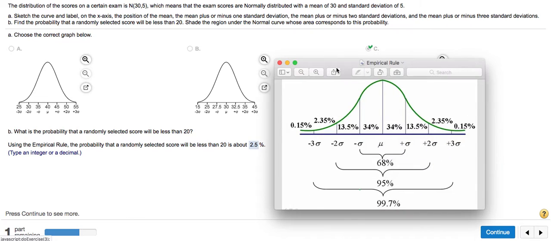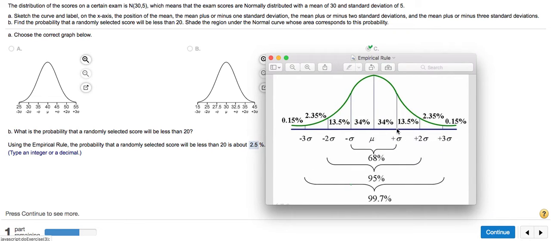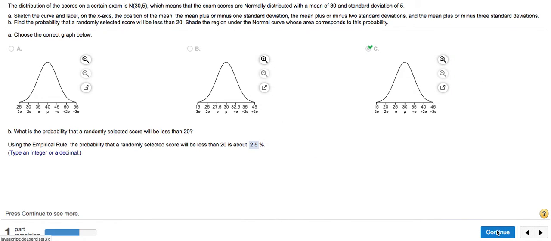So, this question could be phrased differently. It could be, what if you're above one standard deviation? What would the answer be then? And you'd get that by adding up these values. That means you're greater than one standard deviation away from the middle. But continuing here,